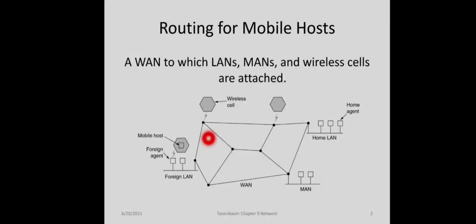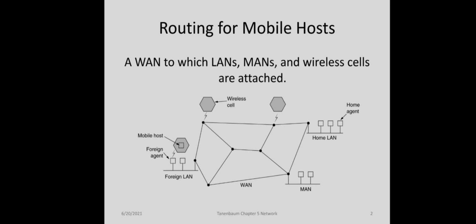A network system can be modeled using this figure. You can see a set of LANs, MANs, WANs, everything interconnected, and we have a set of wireless networks also. With respect to a particular mobile host, initially that device will be registered somewhere within a network, and that network can be called the home network. All hosts are assumed to have a permanent home location that never changes. These hosts also have a permanent home address that can be used to determine this home location. Just like landline phone numbers, where 91 indicates the country code of India and 487 indicates the district code of Thrissur, every host will have a permanent home address.